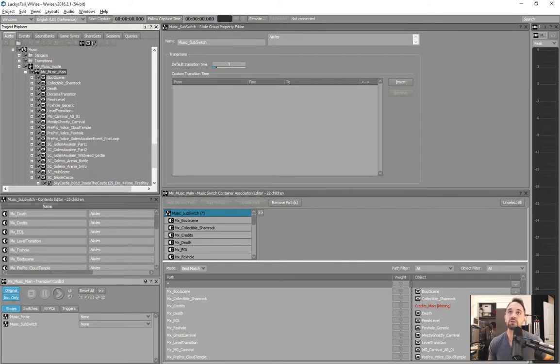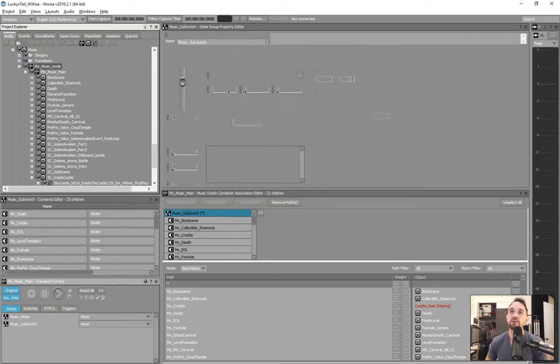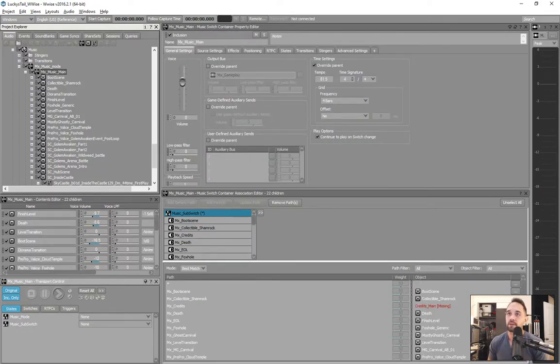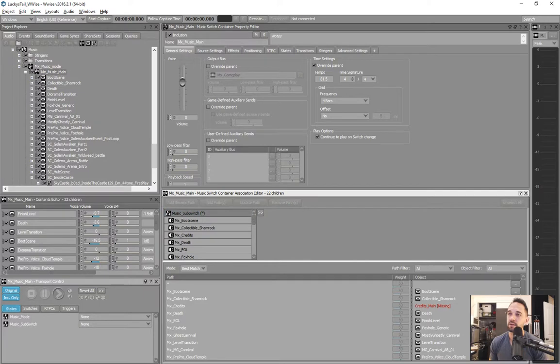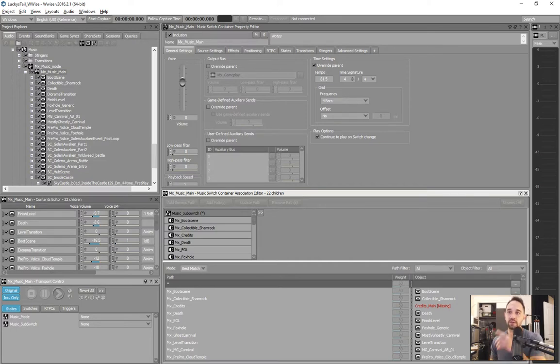Then you go to your, let me kill that, that's going to get annoying. Then you go to the actual mapping of it, and here you can see the music switch container. You basically, if this wasn't here, you select it and you add paths, and then it looks like this. And this is where you map what happens when this switch goes to this state. So you can see right here